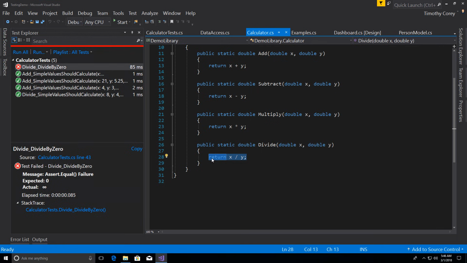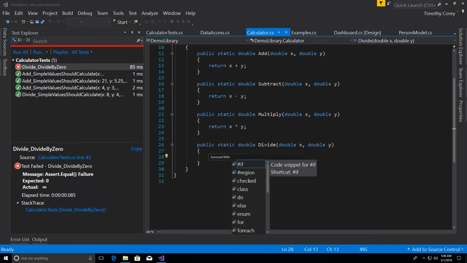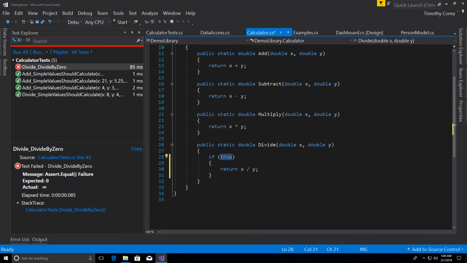So let's do this. We're going to refactor. Surround with if y is not equal to 0. I almost got into my SQL call there. SQL is a greater than or less than, but with C#, it's not equal: the bang, or the exclamation point, and then the equal. So if y is not equal to 0, return x divided by y. Else,